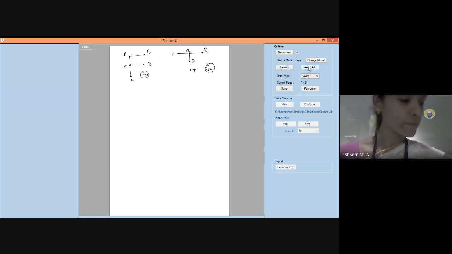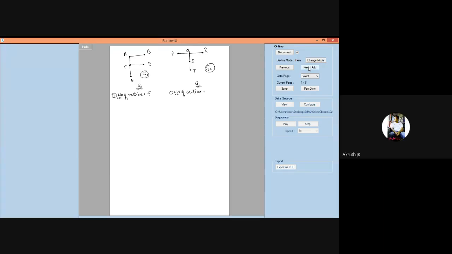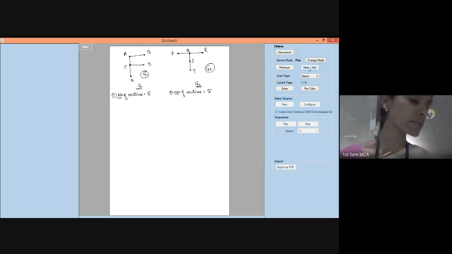All right, so let us go one by one. For G1, I will write here. For G2, I will write here. What is my first property? I will check the number of vertices. What is the number of vertices in G1? 5. What is the number of vertices in G2? Same, ma'am, 5. So the first property is satisfied.